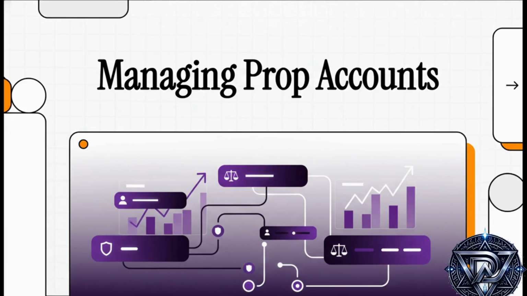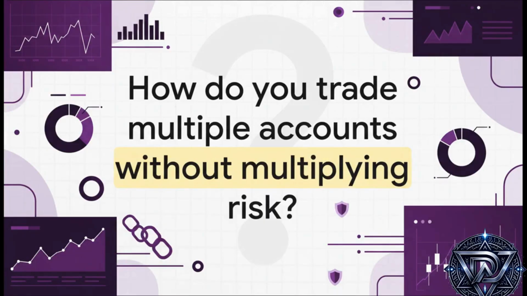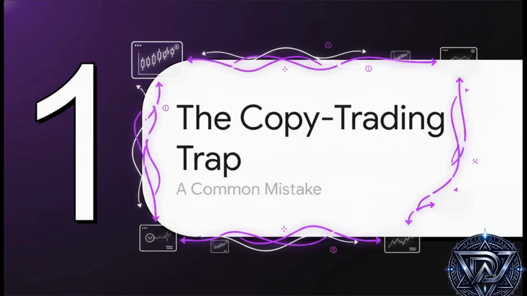Well, that's exactly what we're going to break down. The pro's playbook for scaling up without blowing up. And this is really the million-dollar question, isn't it? If one bad trade can hurt one account, what's stopping it from just devastating your entire portfolio all at once? The way most people approach this has a massive, massive flaw. And we're going to get into that, and then we're going to talk about how to solve it. So let's start with what most people try first.